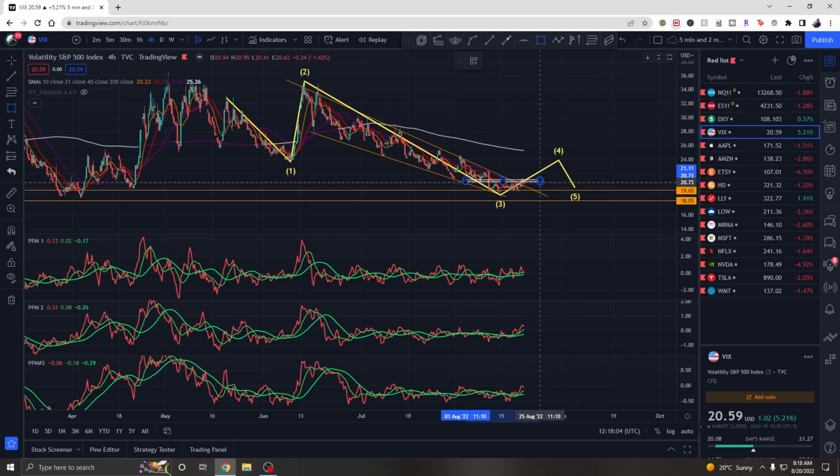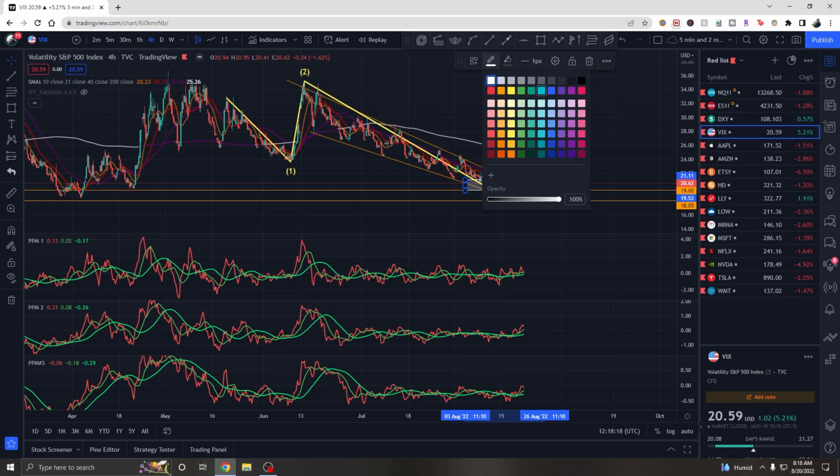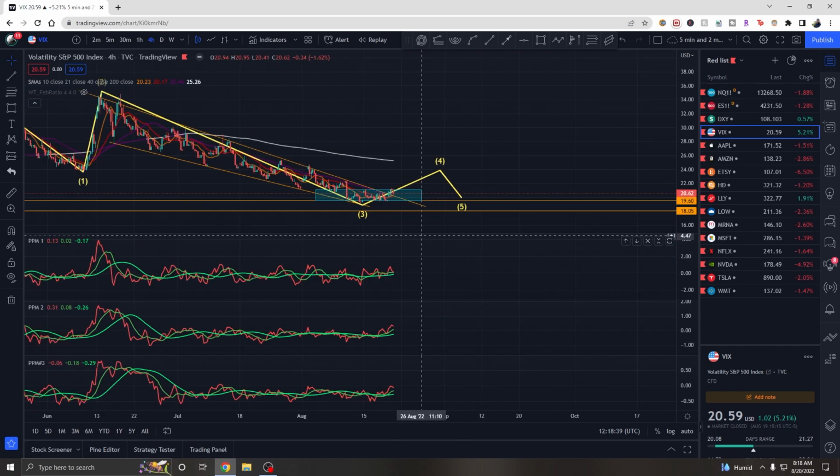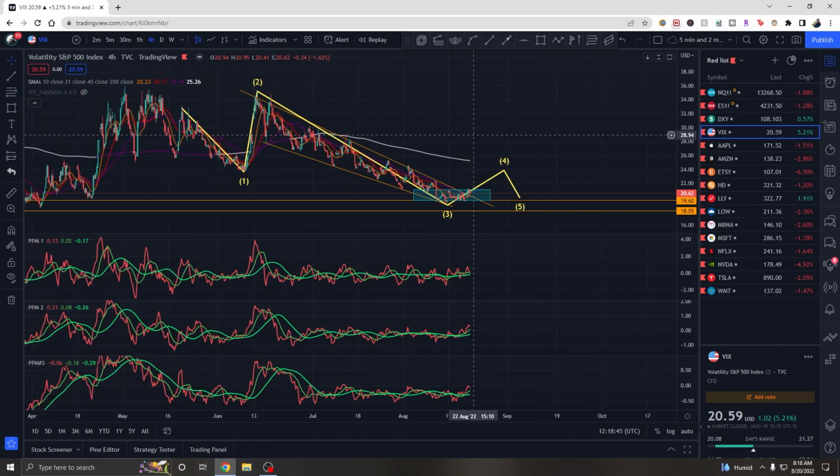We have to break above this 20, this 21 level. Where exactly is it? Okay, somewhere right around here. So let me mark this box with a different color so you guys can see it clearly. So we are in the box, and this is a consolidation, and this is a little bit alarming because if we constantly see this consolidation, then probably it will break out even further. And based on the technical analysis I have done so far, it seems like the 23-24 level will be possible